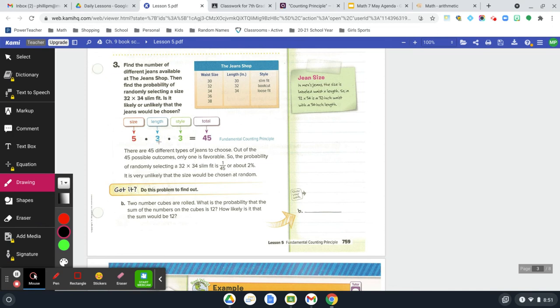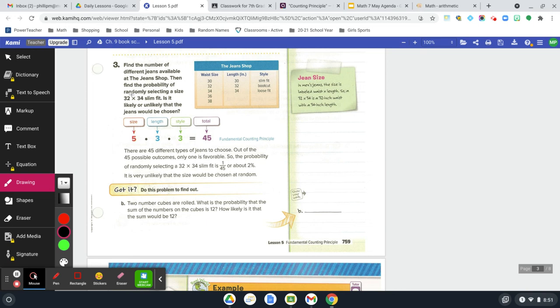The length in the jeans, there's 3 of them, times 3. And the 3 different styles that are available as well, times 3 again. When you multiply those 3 values together, you would have 45 total outcomes that you could choose at the jeans shop. So it did say to you, once you find the number of outcomes, it says,